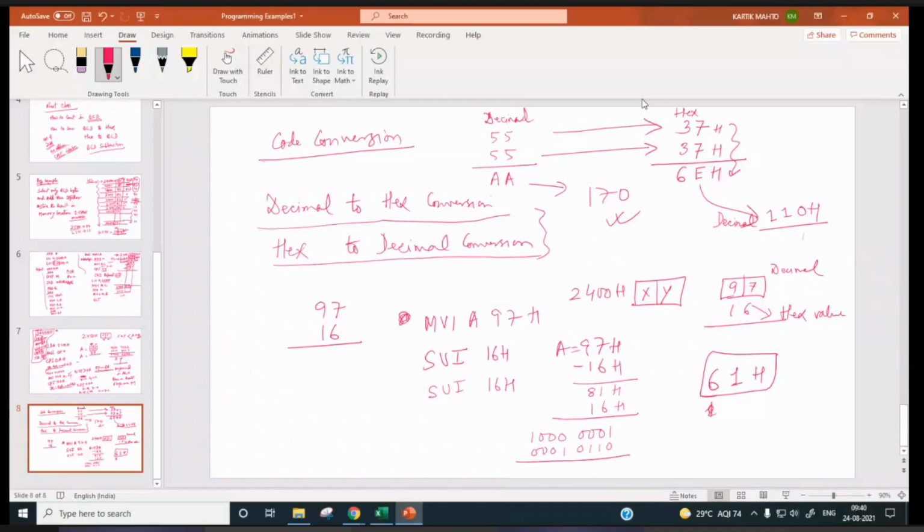So what will be our result? So if you make it 1 1 1 0 1 0 0 1, and if you add 1 to this, so it will be 1.